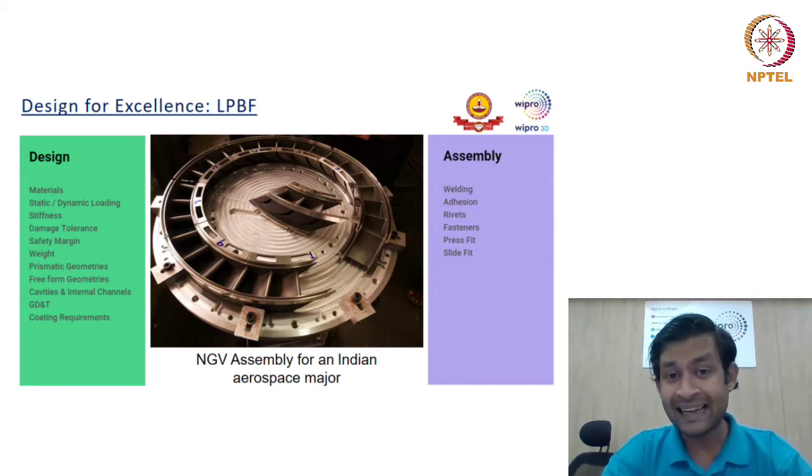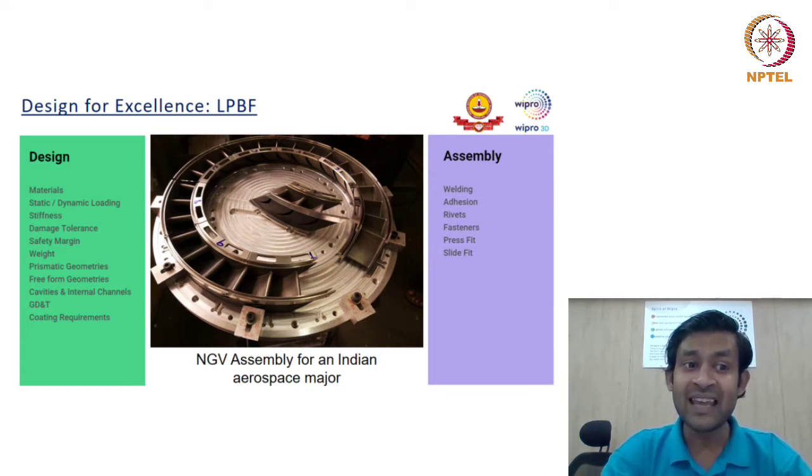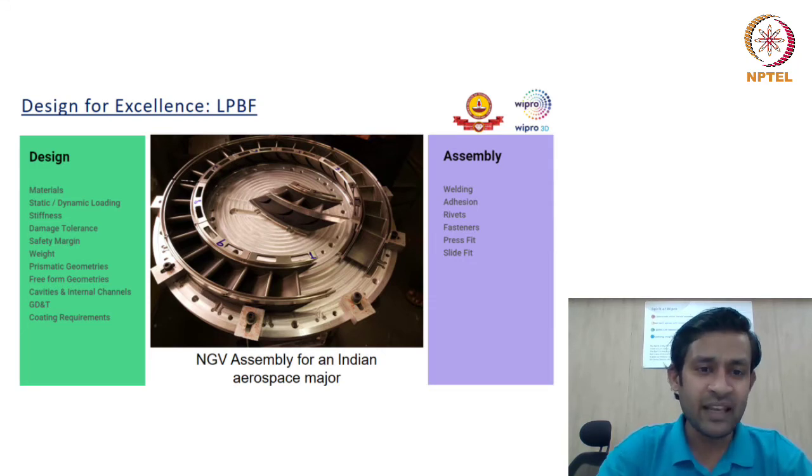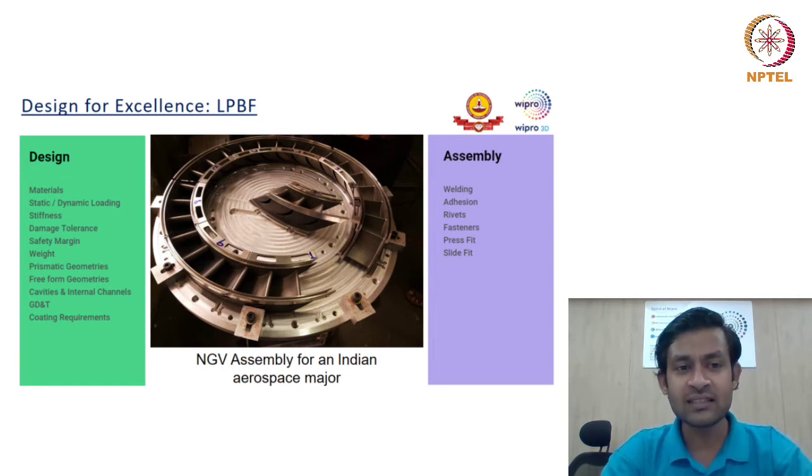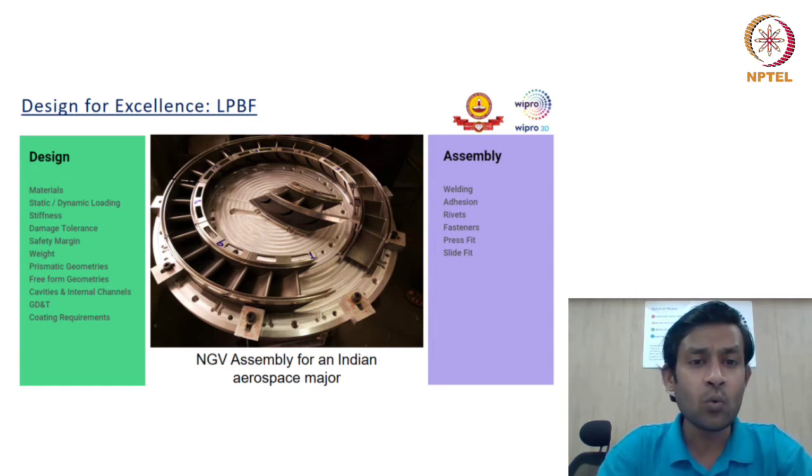So the cost and time of assembly can be optimized if proper attention is given to assembly in the design phase itself. And in case of LPBF, it plays a little bit more important role, since there are certain features or limitations of the process which don't allow an LPBF surface to be well suited